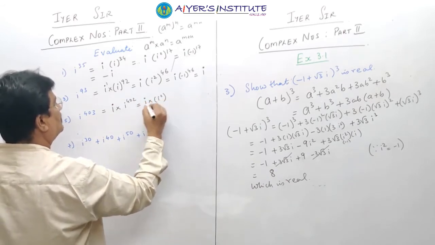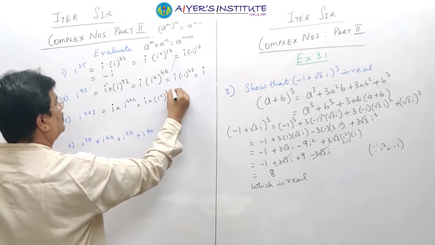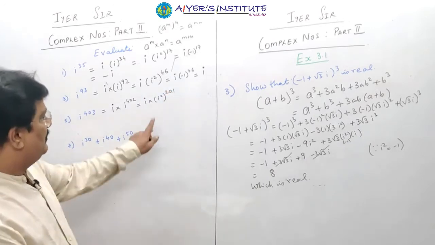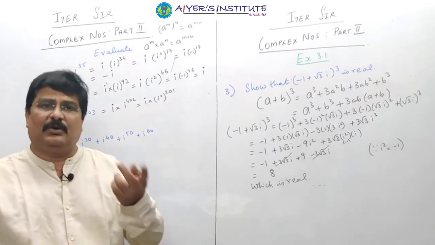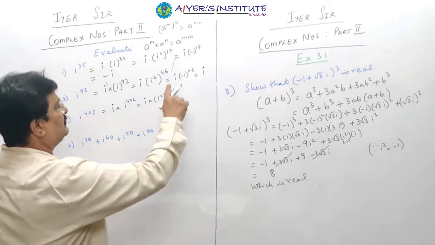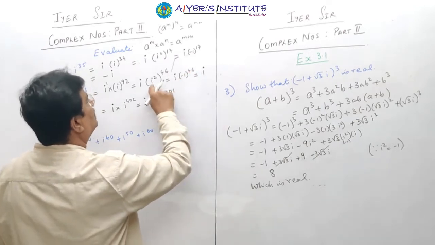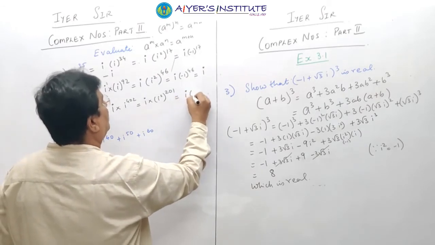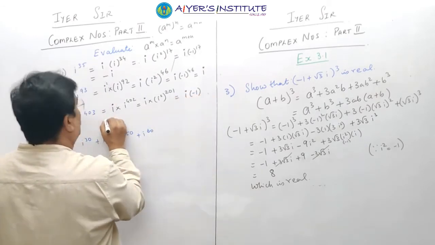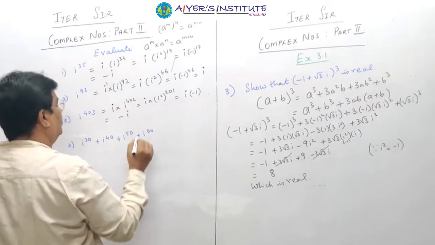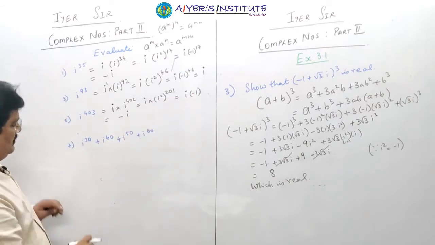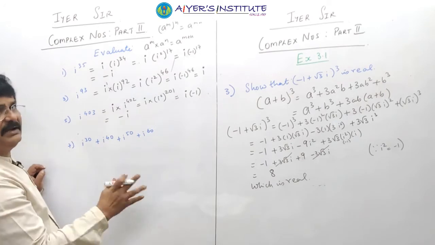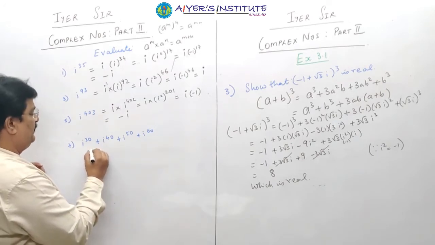i square is 2 to the 4, 0 to 1 the 2. It's an odd number. Whenever you have i square to an odd number, it will always be minus 1. I square to an even number will always be plus 1. So this will become i into minus 1, so it will be minus i. In this case, because all are even, we directly take i square.